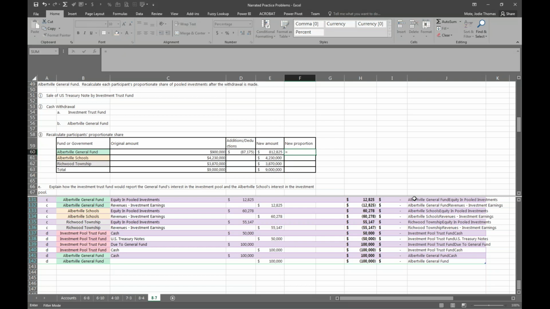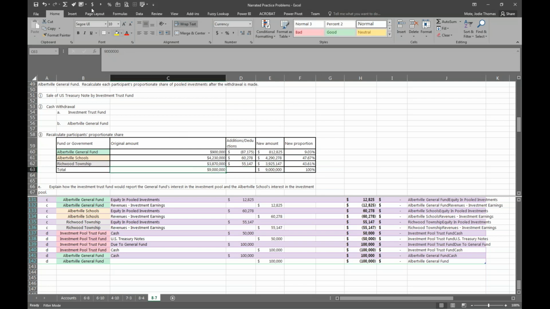And our new proportion we're going to calculate over here equals that divided by the total here. We're going to make an absolute reference, 9%. So these don't add up yet to 100, because on the additions and reductions here, we've got now, for the Albertville schools, 6,278. Remember from our entry down at the bottom with our investment earnings, and we've got 55,147 for the Richwood Township. So our new allocations are about 44%, 48%, and 9% for our various accounts, for a total of, well,